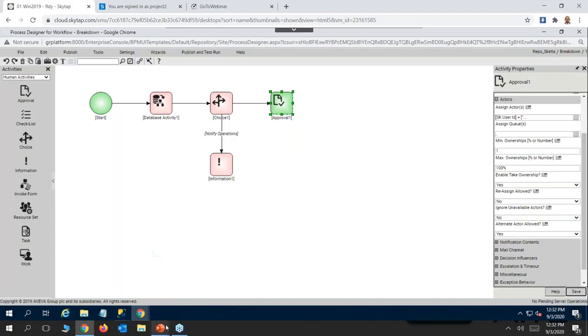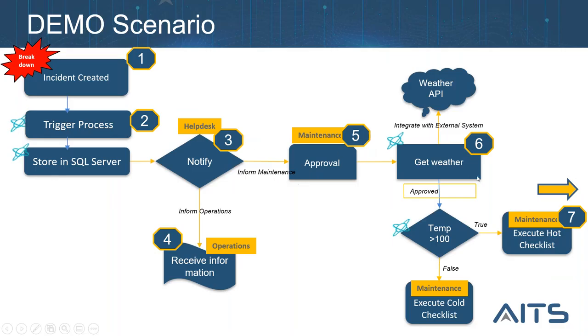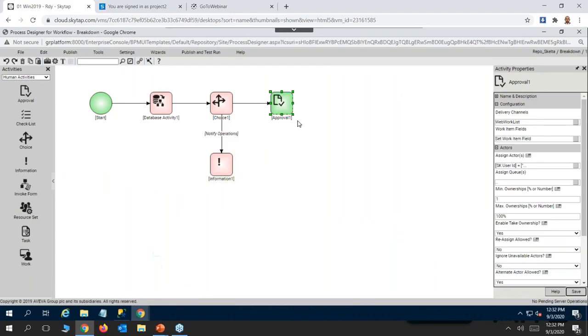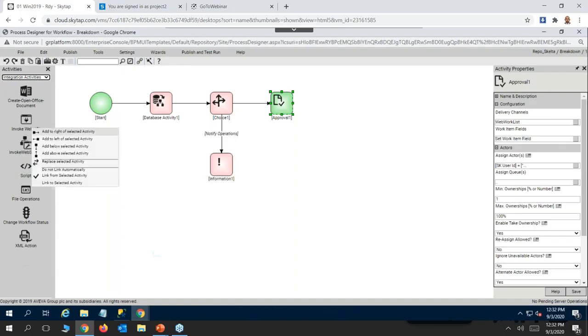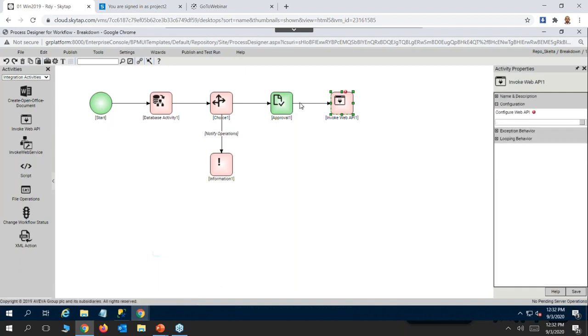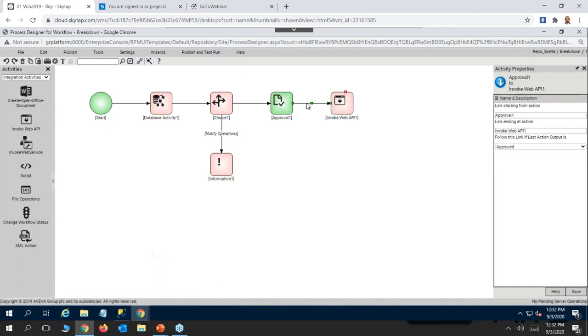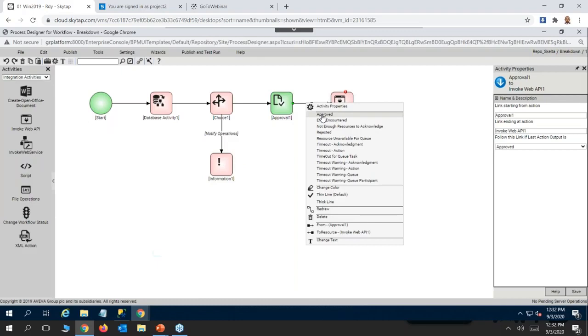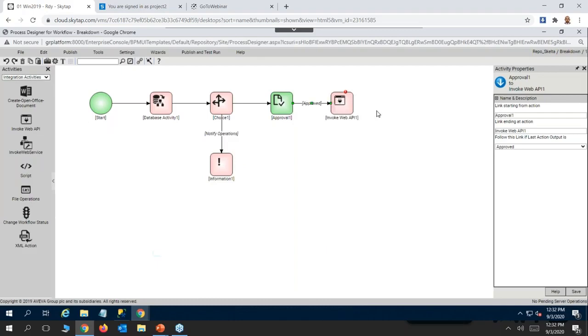So if he approves, what is next to be done? If it is approved, we need to get the weather data from the weather API. We already have the connectivity here. We just want an integration activity to call a web API. So this is invoke web API, which will be added. In case of this approval activity being approved, it will call